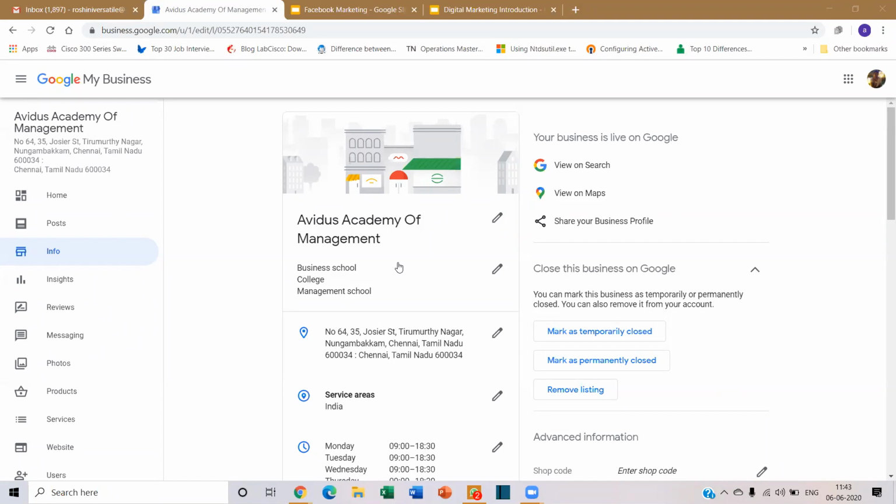People search these categories only: food near me, hotels near me. When you add all this content, the Google search algorithm will pull out these terms and your business will come out. That's how it works. So this is basically the info page, and how the information you put in Google gets reflected. But you can only do this if you are the admin of Google My Business. If you're not the admin, you cannot make changes here.